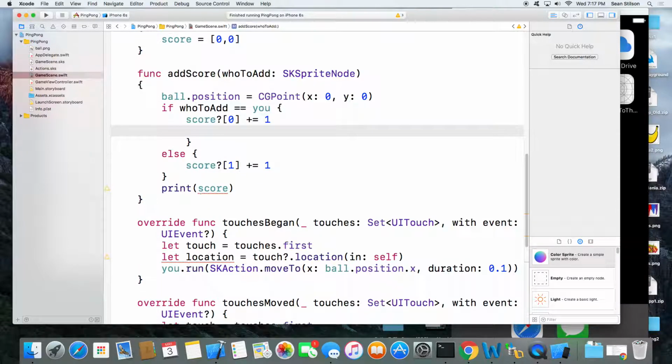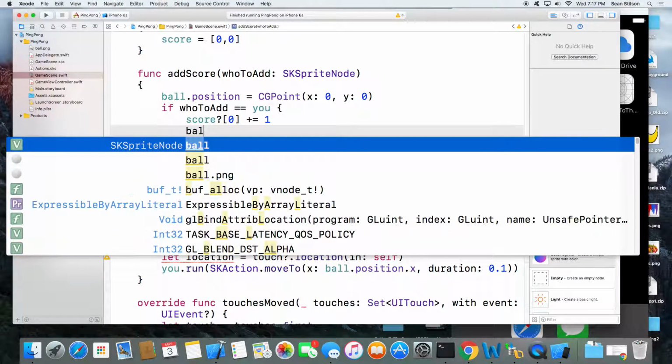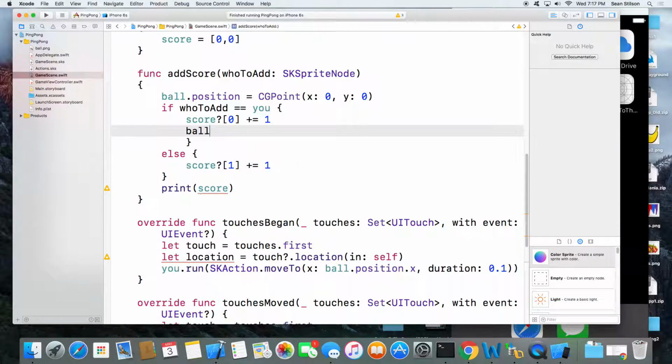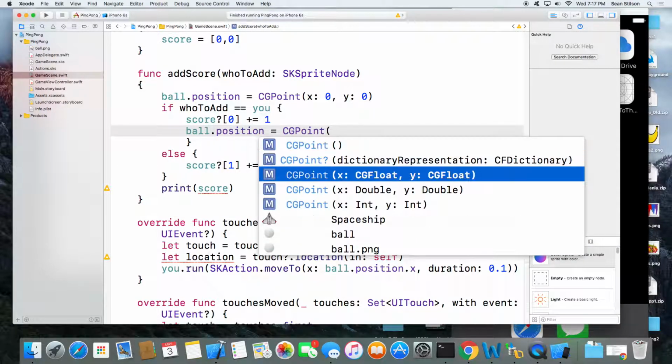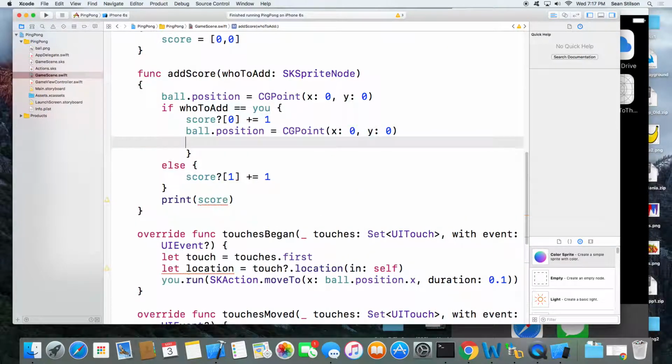So in here, let's say ball dot position equals CGPoint. We'll set it back in the center, x 0, y 0.